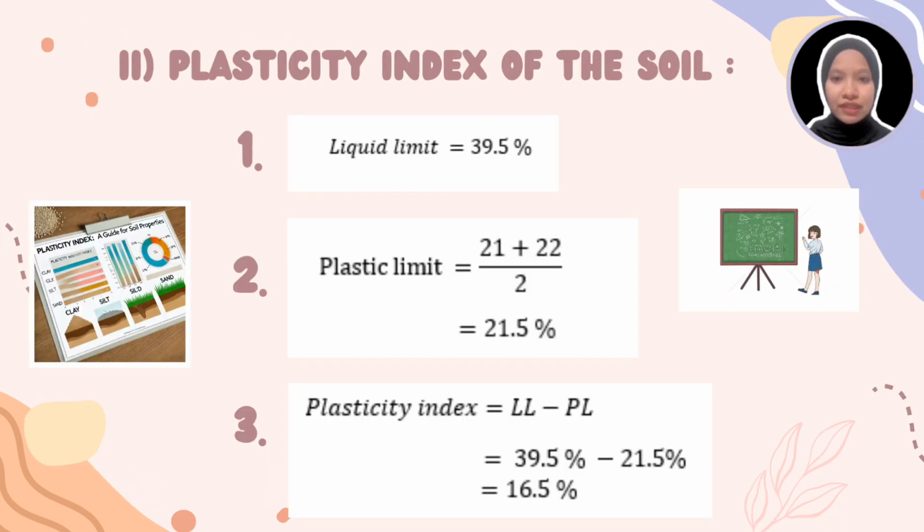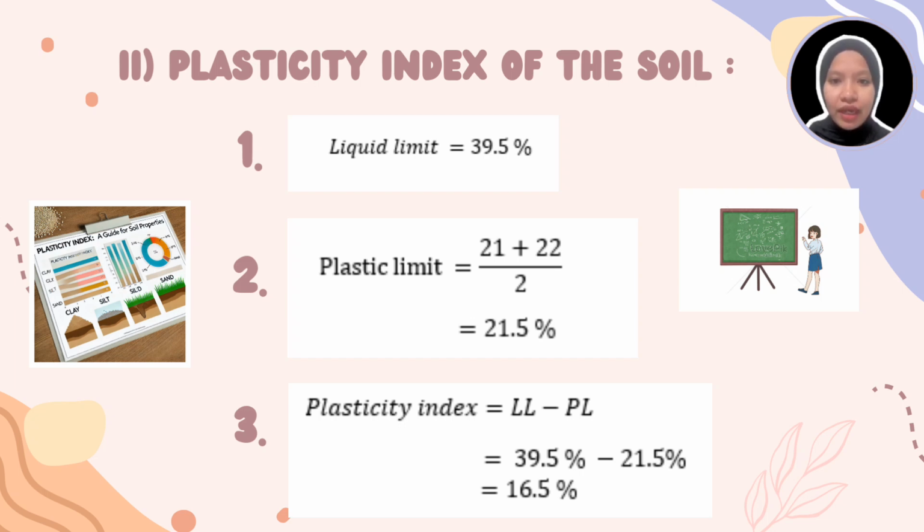Next, we move to the second question from question number 1, which is plasticity index of the soil. So, how to calculate the plasticity index? We use the equation as shown, which is liquid limit minus plastic limit. The value of liquid limit we can get from question number 1, which is